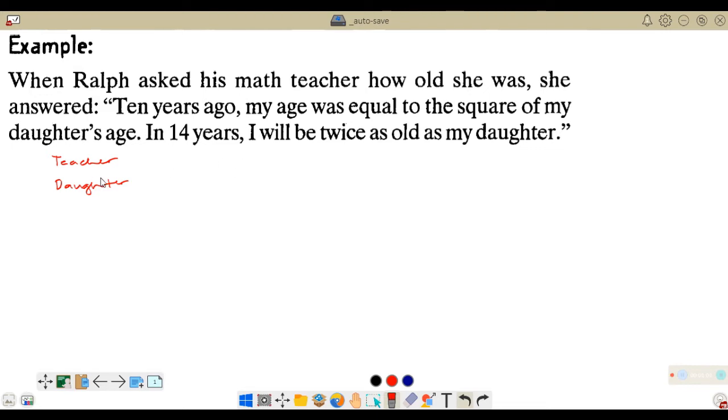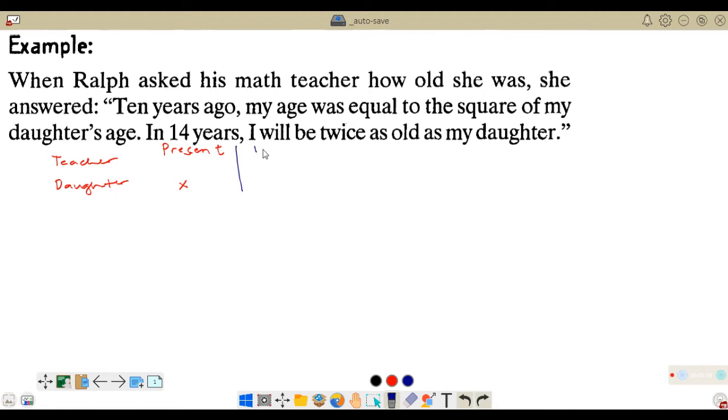So dito, si teacher, let's assume that it is a missing variable in the present, while si daughter, we know that her age right now is X. Hindi pa natin alam yung age ni mother or ni teacher in the present time. So, meron siyang dalawang clues na ibinigay. Isa ay